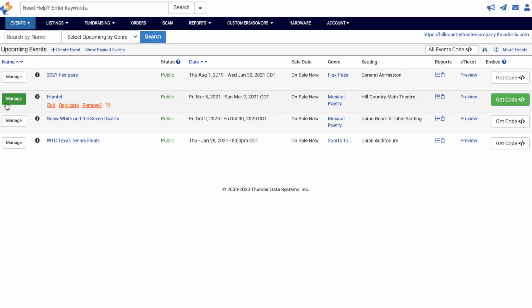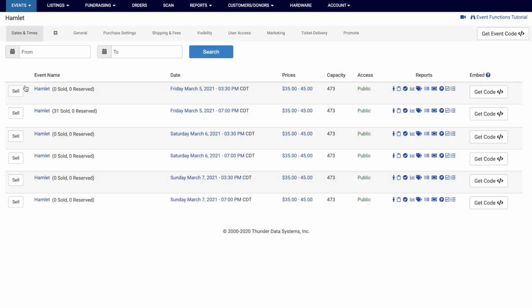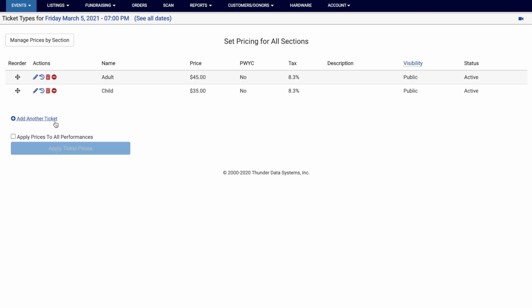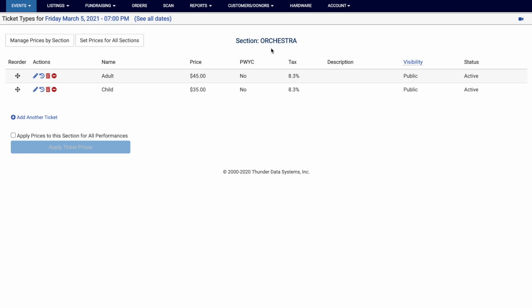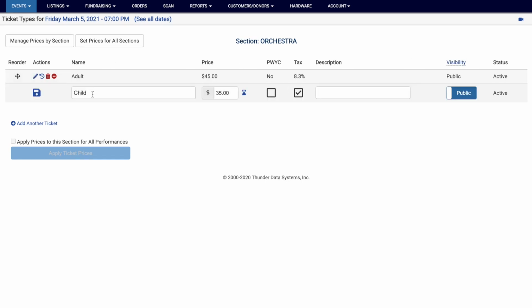Before we complete a purchase for one of our available seats, let's cover how to create different pricing tiers. Click Manage for any event, which brings us a list of dates and times. Hover over any date and click on Manage Tickets and Prices to show the tickets we created. We can modify them directly here, or even manage ticket prices by specific seating chart sections here. Just click on the section for which you would like to modify the ticket price, and fill in your desired prices for this section.